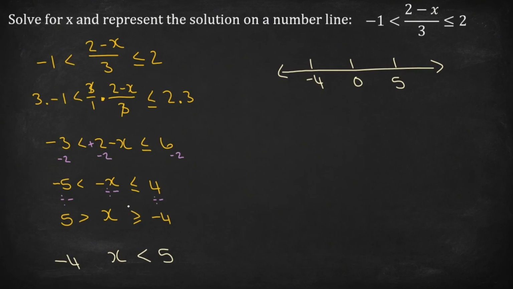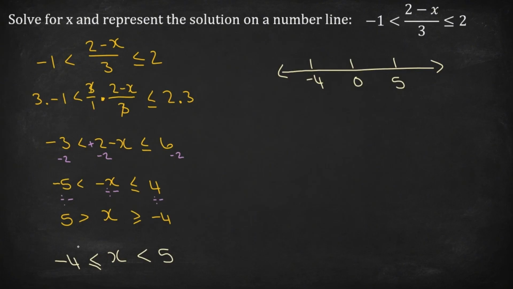Here for this inequality symbol, the open side is facing the x. So I have to do the same. The open side has to face the x. And don't forget your or equal to sign. So this is the same inequality. I just rewrote it with the negative 4 on this side and the 5 on that side. It might just make it easier for you to work with when you have to represent this inequality on the number line.